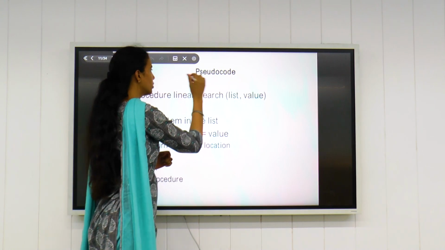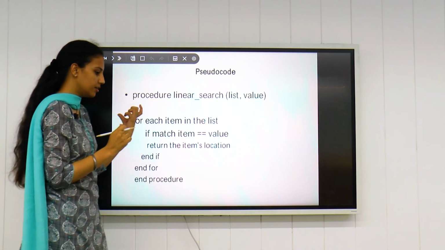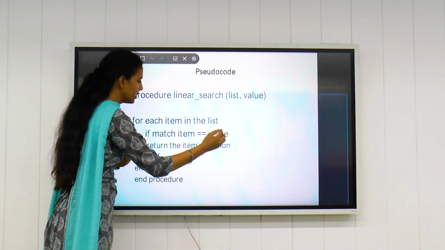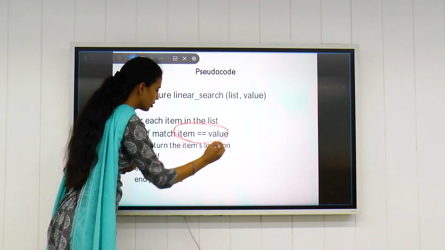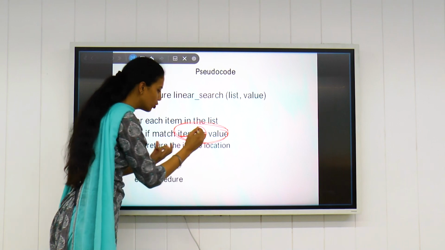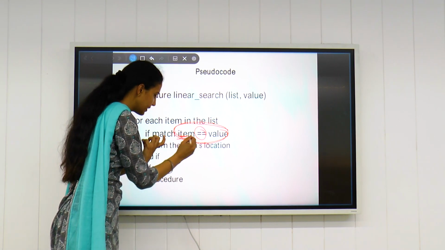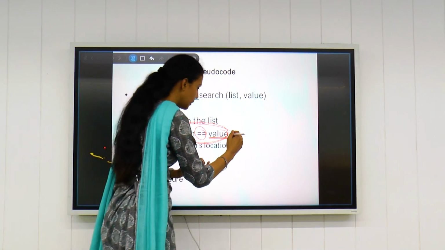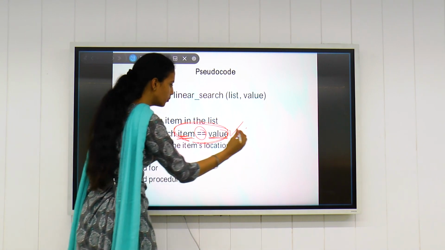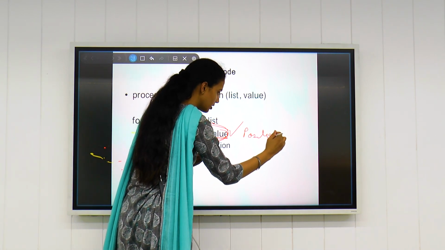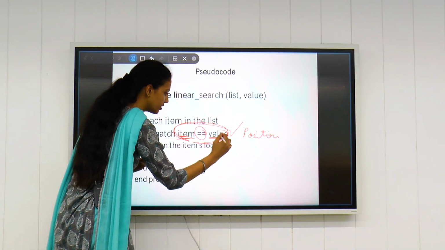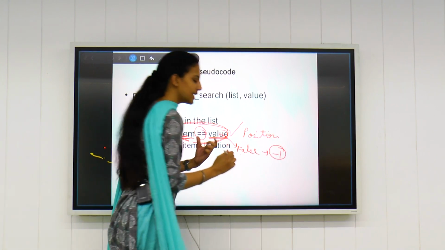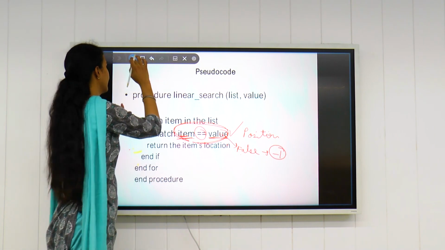So this is the pseudocode for linear search. Pseudocode basically means the simple steps or concept on which linear search works. The simple basic logic for linear search is this step. We'll keep on checking our element with double equal to, which means we check whether this specific element is equal to the specific element in the array. If this statement comes out to be true, our output is the position at which the element is present. If this statement comes out to be false, our output is -1. That means the element does not exist in this list of array.